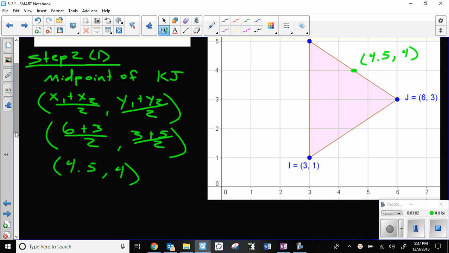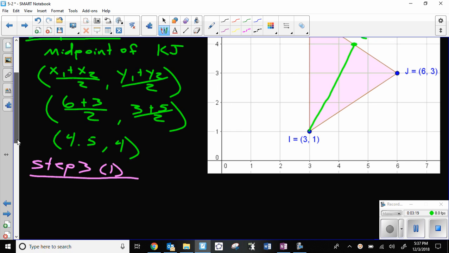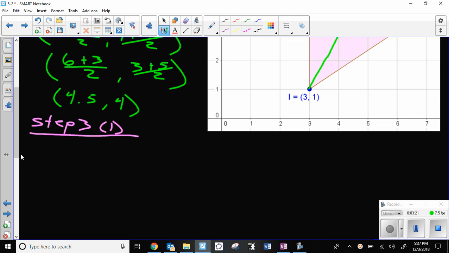There's my midpoint. The median is going to go from this point to the opposite vertex. So my next step, which we'll call step 3 the first time, is to now write an equation with 3, comma, 1, and